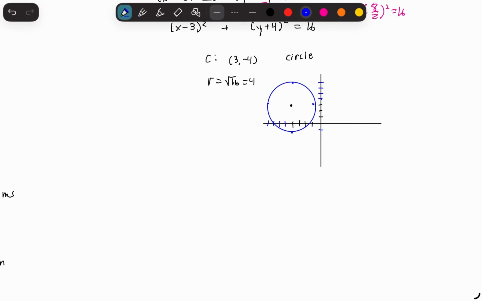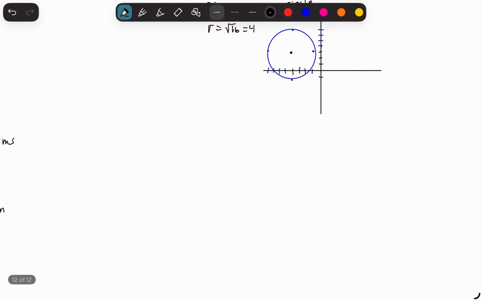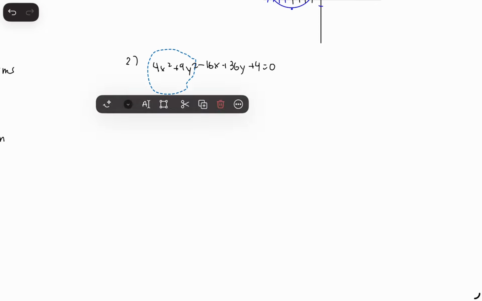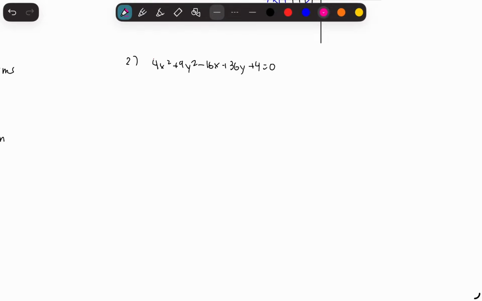Now let's do another problem like this. Let's say for a second problem we had 4x squared plus 9y squared minus 16x plus 36y plus 4 is equal to 0. First, we're going to group our variables together so that we can complete the square. And we can rewrite this as